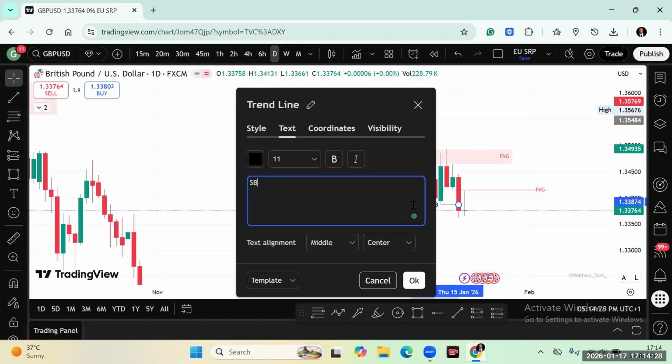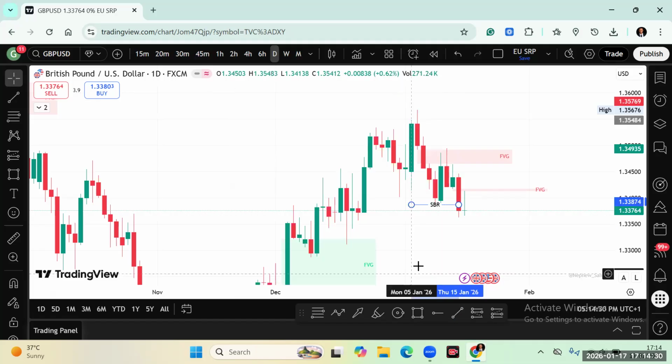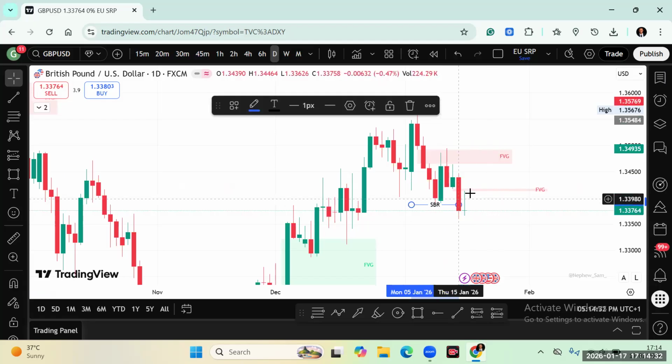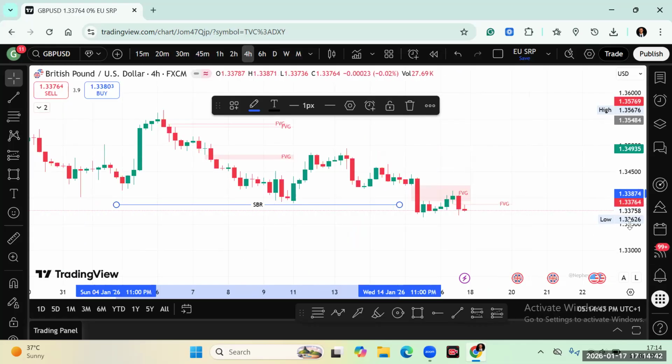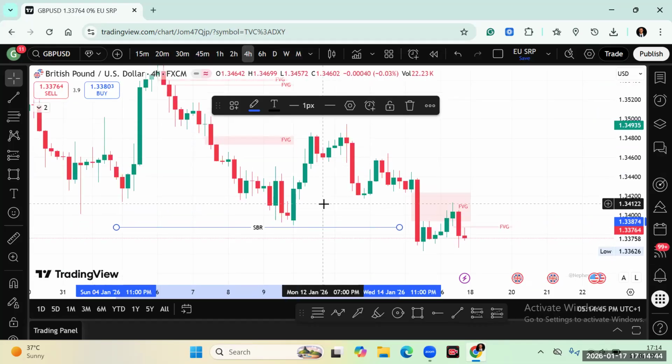This SBR on the daily time frame closed bearish and came here to pick an order. Did what you did, but this is not a full mitigation. So if you come to the 4 hour time frame, you will see I also have a setup here. So when you mark it,